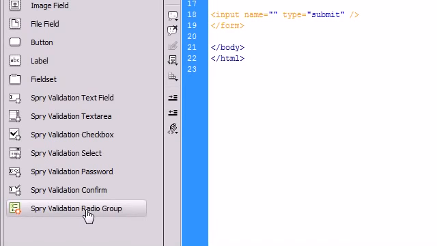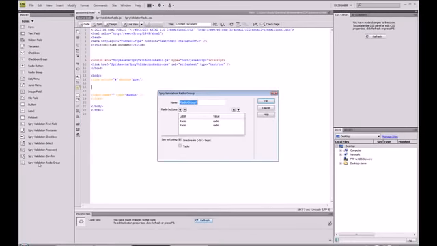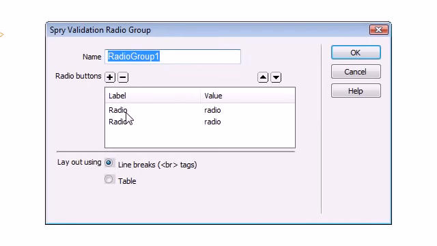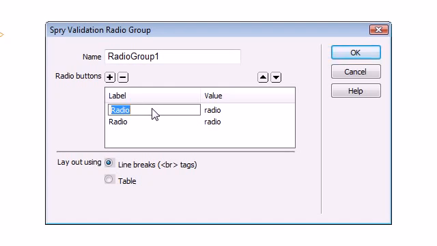So to get started, we click on Spry validation radio group over here to the left, and you can see it pops up with some options for us to tell Dreamweaver exactly what we want to put inside of our radio group. And in this example, we're gonna create a radio group that has a list of different shipping companies. So USPS, FedEx,